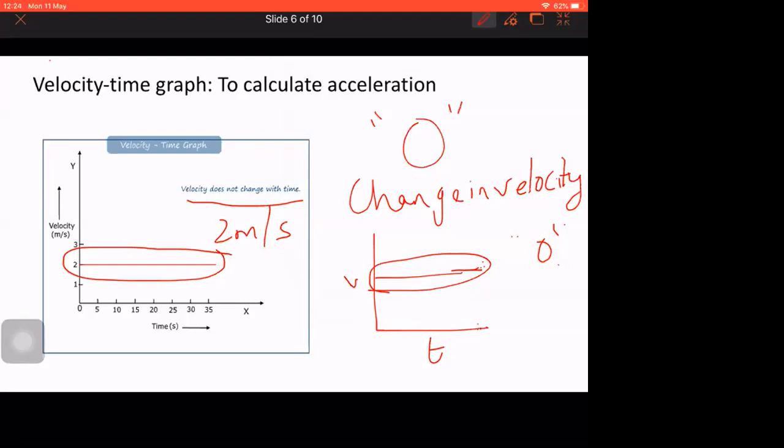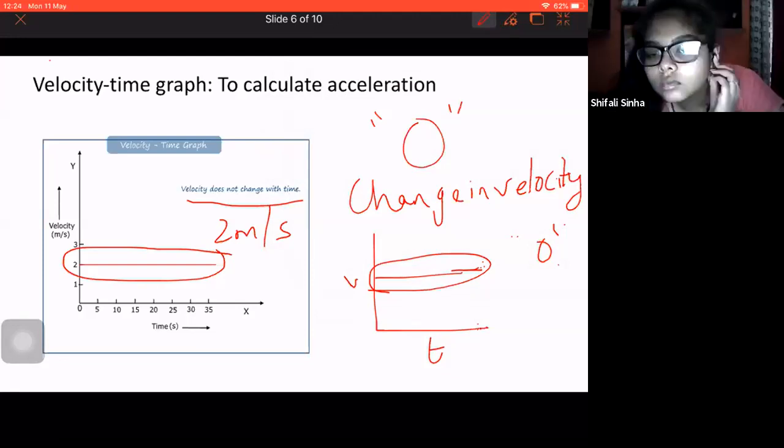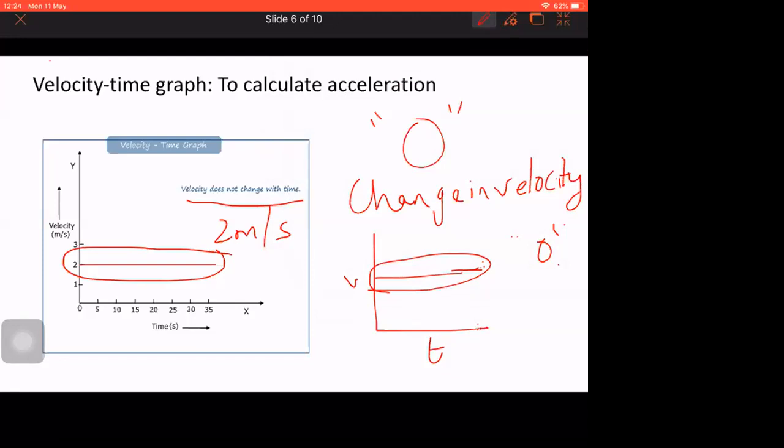Okay, ma'am. Clear? Someone is asking me to repeat this concept, right? Yes, I'll repeat it. So now you have time here, 5, 10 minutes, 20 minutes, whatever the time is going, time will not stop. Now velocity, you are plotting the velocity. The object is moving only at 2 meters per second. So how will you plot the graph? It is always at 2 meters per second only. It is not changing its velocity.